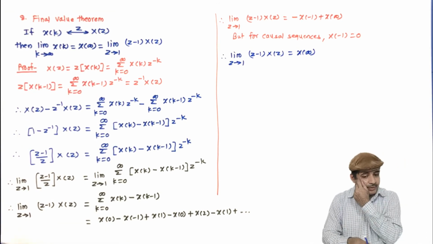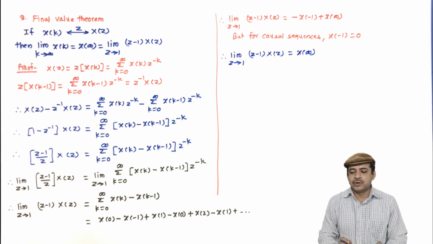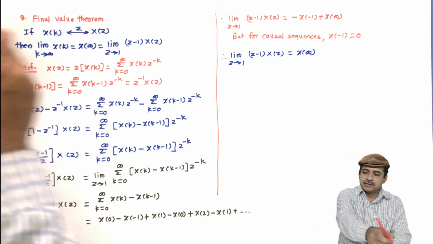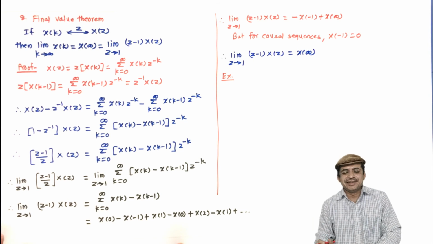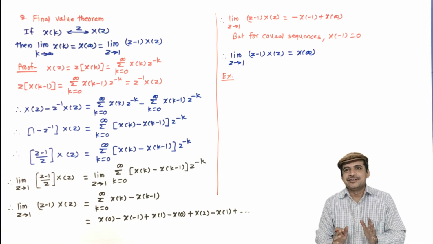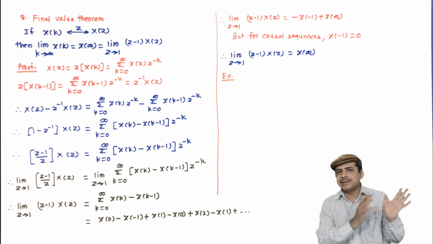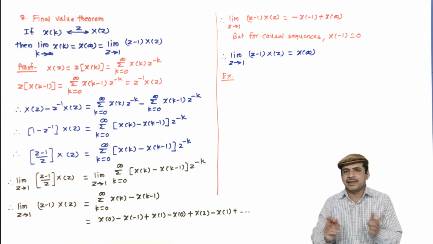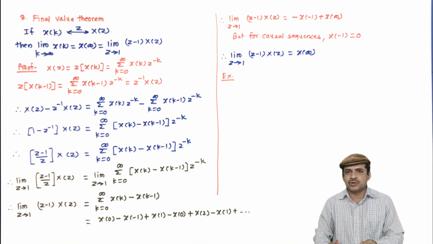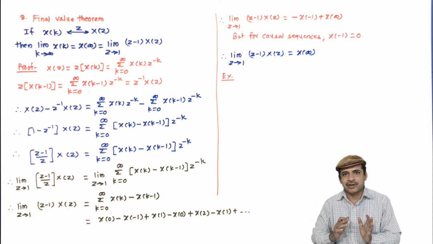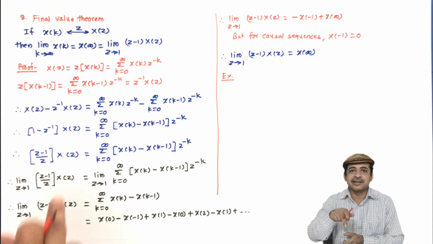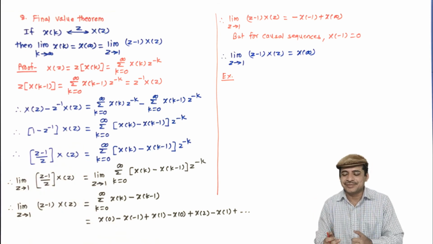Now let us take the same example which we have taken for the initial value theorem, and we will find out its final value. I will call it an example because if we take an example along with the property, you get the relevance of its use. Otherwise, just learning the properties and their proofs is of no use for the engineer. It is useful for the mathematician, but for engineers we need to apply it to our application. Like here in this course, we are going to apply it to digital control systems, and that is why we need to know. In step by step we are learning the applications, and finally we will combine all the things. Then you will get the exact relevance of the Z transform. Why we are learning the Z transform?